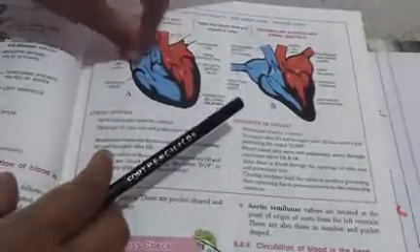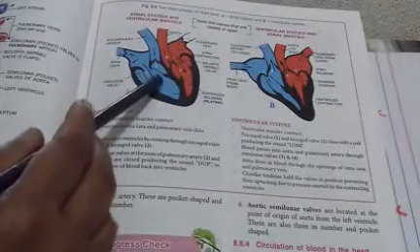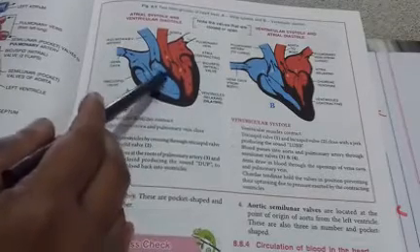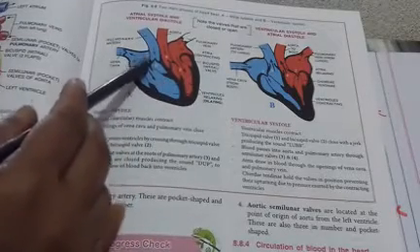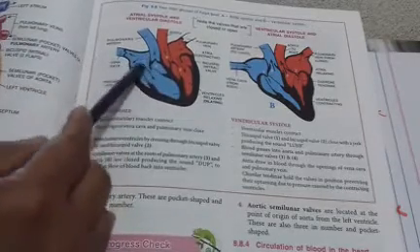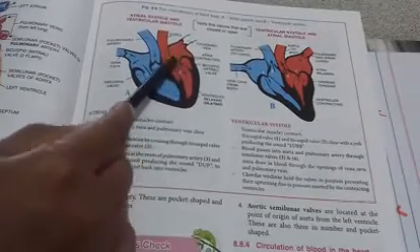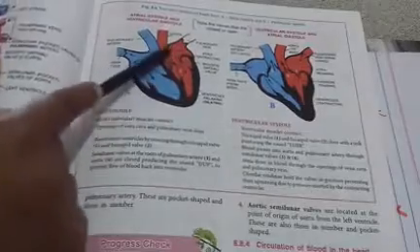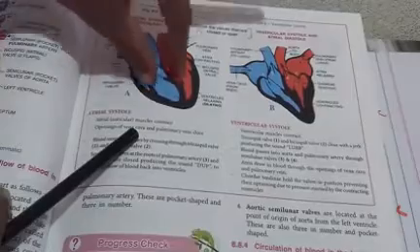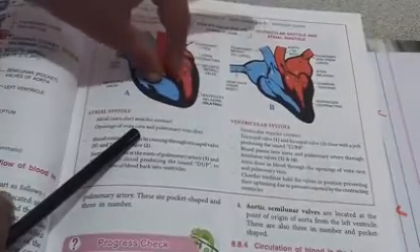These auricles contract. And when the auricles contract, the ventricles at this time are relaxing or dilating. Therefore, the blood from the auricle passes to the ventricle very easily. And for this passage, here you see the tricuspid valve as well as the bicuspid valve is open. So when the atria contract, the valves are opened and blood flows to the respective ventricles.